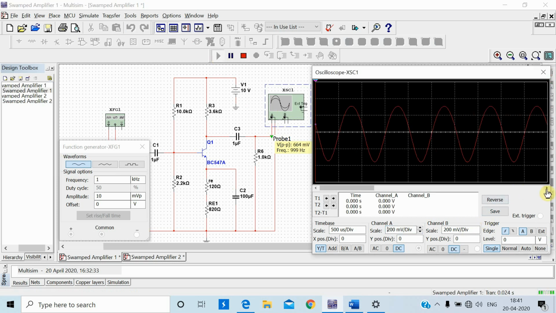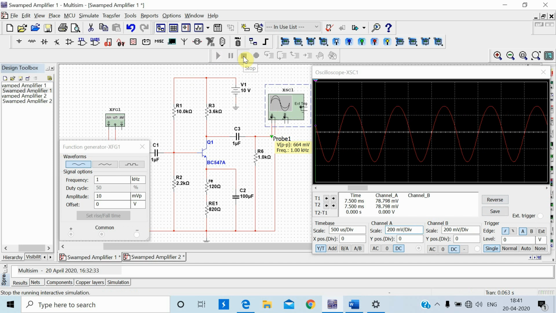As you can see here, the output voltage is shown in red color. So let me now pause the simulation. Now what we have to observe is the peak to peak amplitude. Then if I take the cursor, it is cursor 2, if I set it on